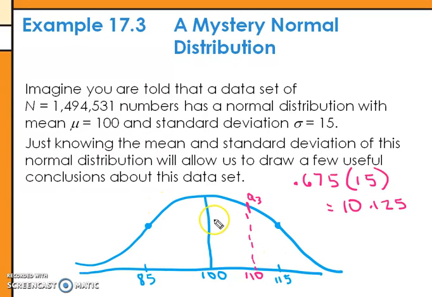And then on this side, same thing, I don't take a whole step, I take 0.675 of a step, and so Q1, if I subtract 10.1, it'd be like 89 point something, so about 90. Just if I'm rounding. So what I did using Q1 and Q3 is said, okay, well, let's say this is